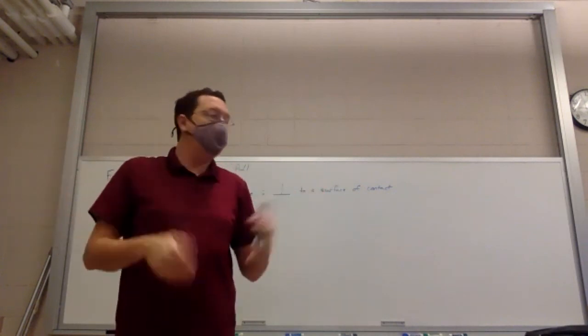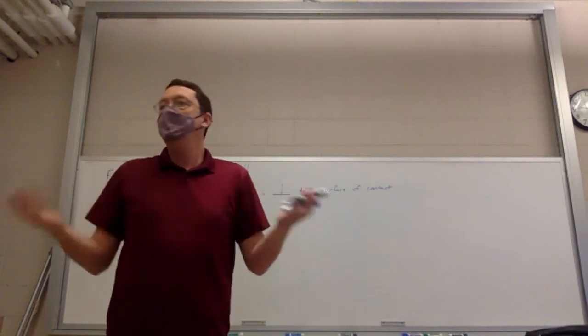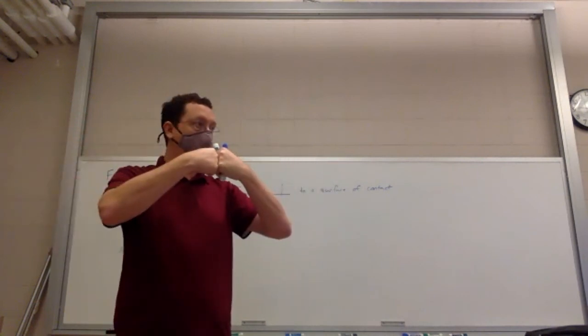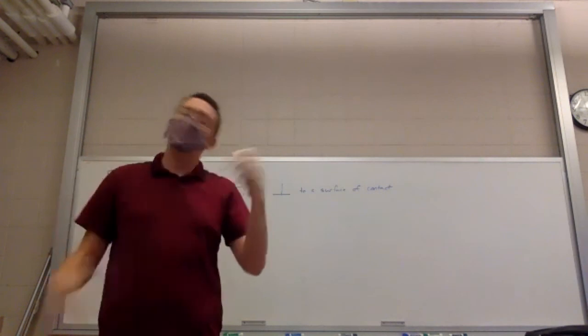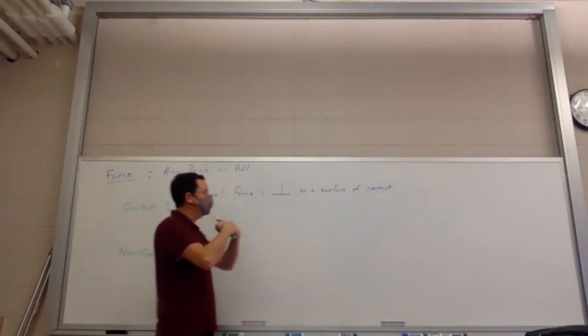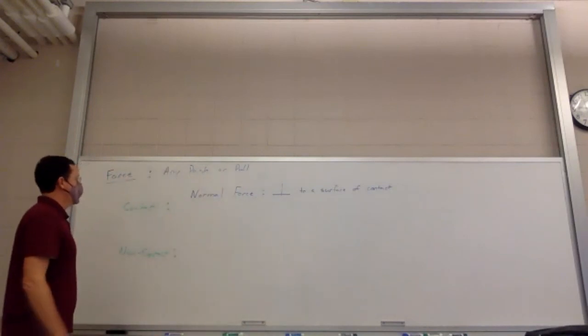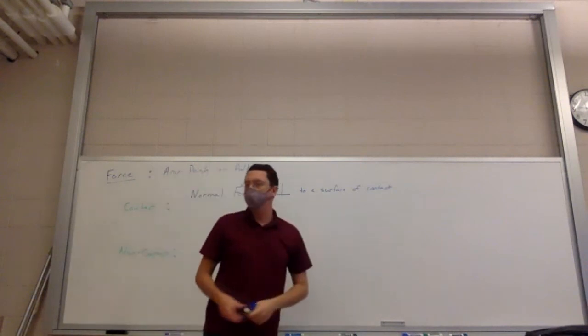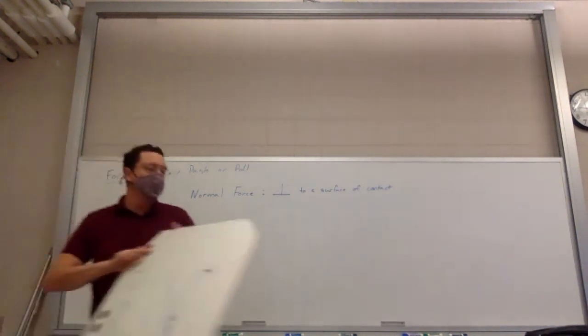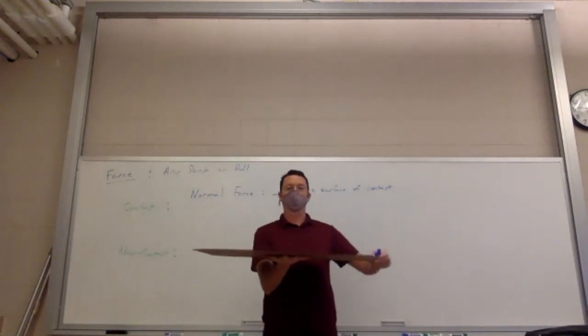And then maybe you solve the math, you solve the problem, and maybe it turns out that it happened to be zero, so be it. But when in doubt, if two things are touching, assume there is a normal force, and then if the arithmetic tells you that it actually happened to be zero, fine. But any sort of contact, assume there's a normal force. Normal means perpendicular to the surface. So, oh shoot, I glued that down in the train. Not gonna work. Okay, so I've got a table.